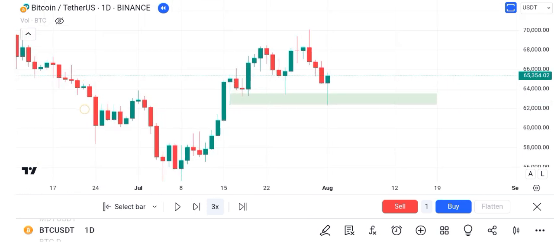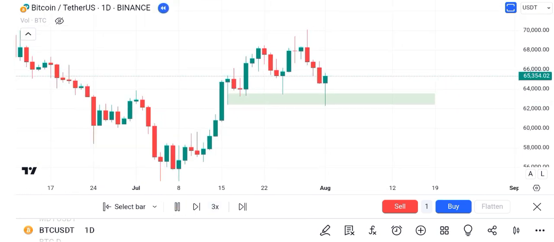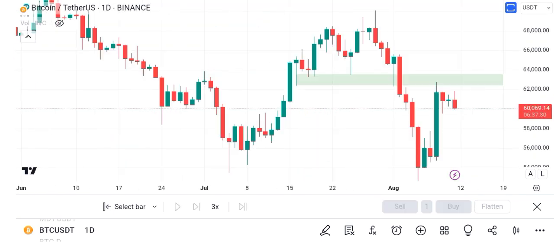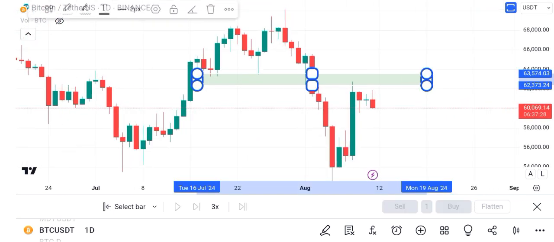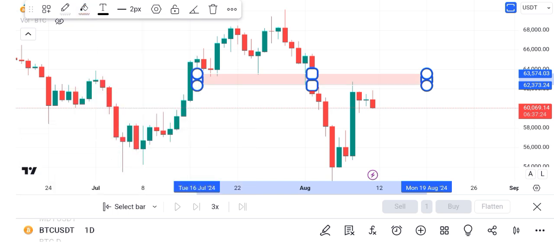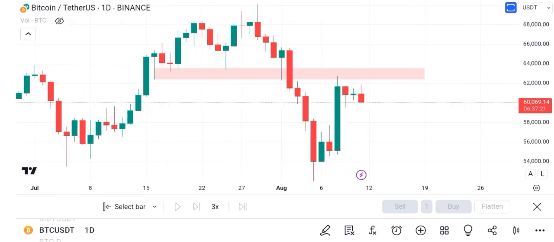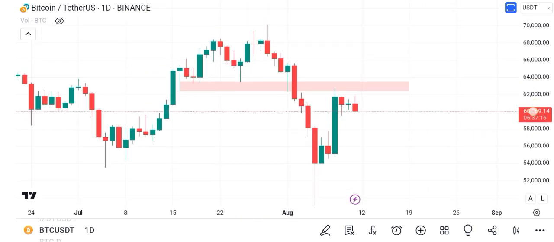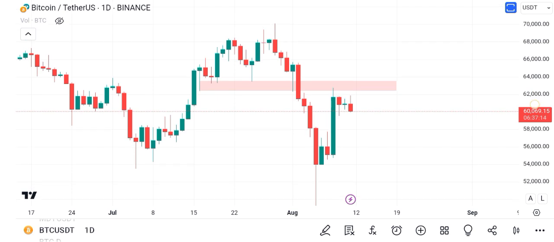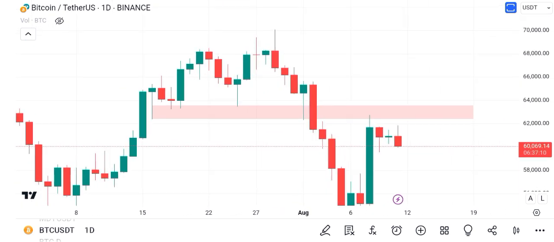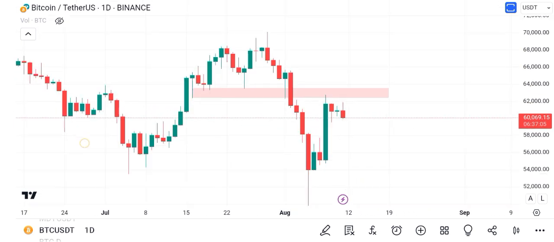Similarly, if the price, instead of taking a bounce from the support level, breaks that support, now that support will act as a resistance for the price. Just like you saw that the price broke the support, and now it is taking a rejection from that support. So we can say that this support has now successfully become a resistance for that price. So therefore, it is always advisable to use a stop loss before buying at any support. A little loss is always better than a big loss.